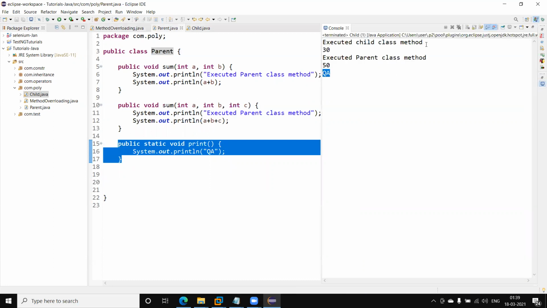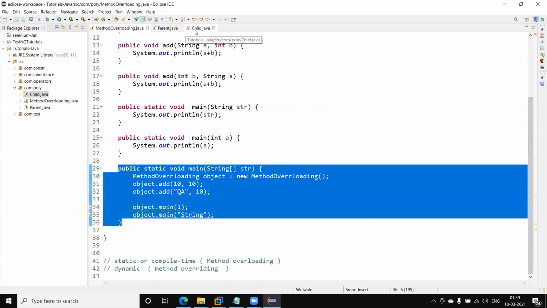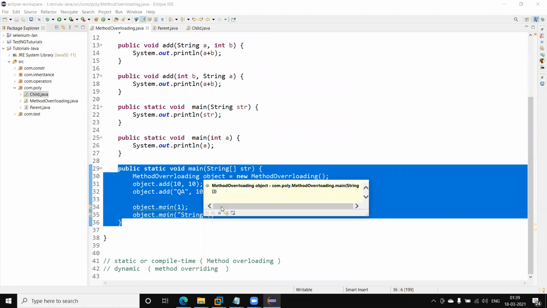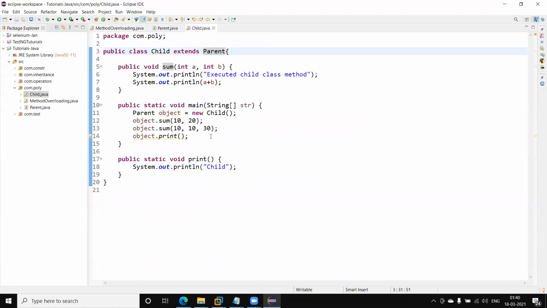But in the case of the other object, you can see it executed the child class method. So when we are overriding a non-static method, that is overridden. But when we are calling a static method, we cannot override it. It means a static method will not be overridden.